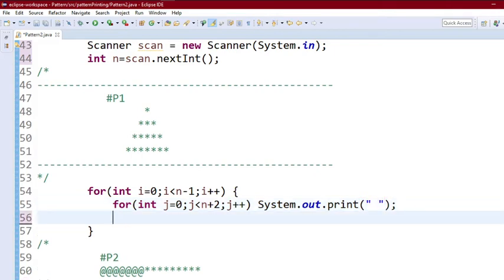After printing this white space, we have to print a certain number of extra white spaces for each line. That is, for the very first line, with n equal to 5, we will print 4 white spaces, then 3, then 2, then 1, then 0. So for this we have added a loop from 0 to n minus i minus 1.